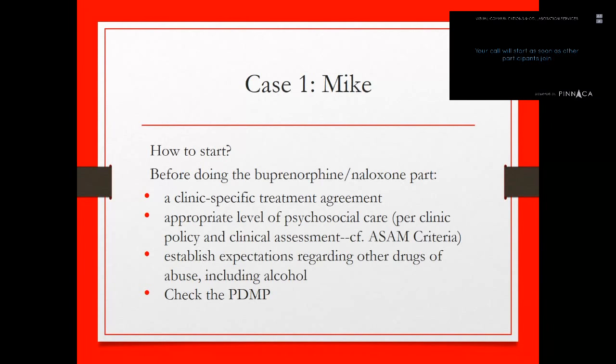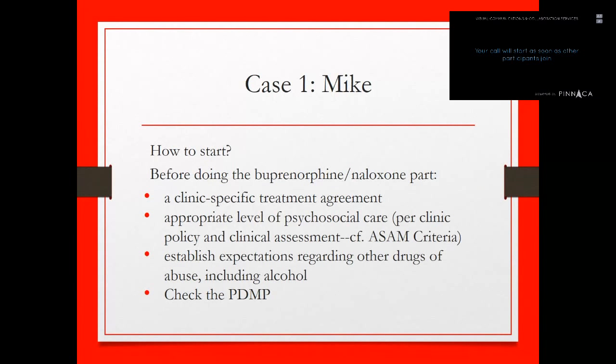There's a couple of different ways to start. Let's say Mike says, yeah, I totally agree. I'm not going to use any benzodiazepines. I'm not going to drink any alcohol. Once I stop doing heroin, I don't think you'll see any more benzodiazepines in my urine because I don't use benzodiazepines. Mike says he's already actually gotten in touch with an old sponsor from his NA days, and he's going to be participating in some self-help groups in addition to your treatment there. And you also have given him the number of a local counselor that might have some expertise not only in mental health issues but in some addiction.